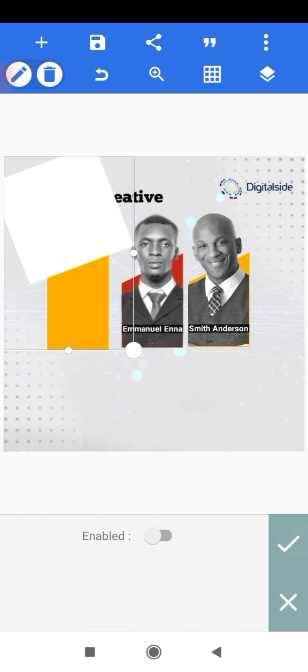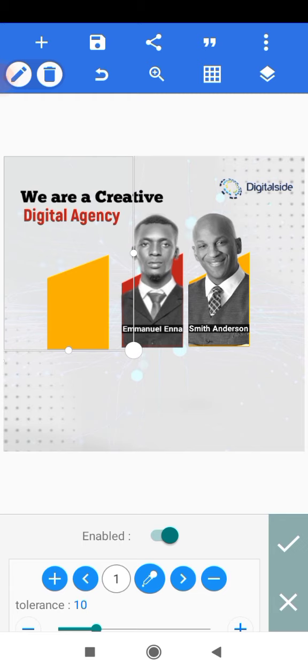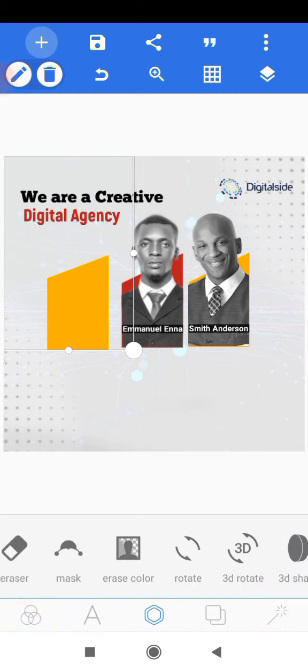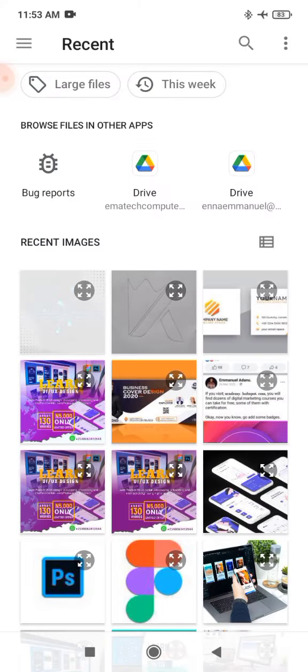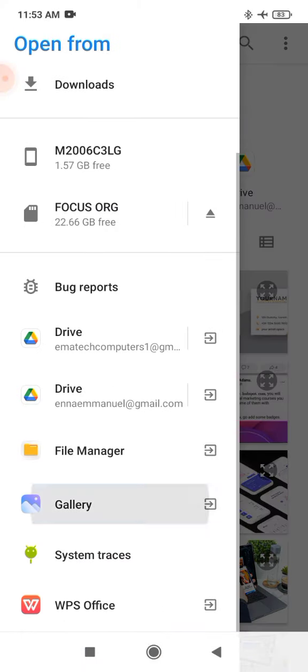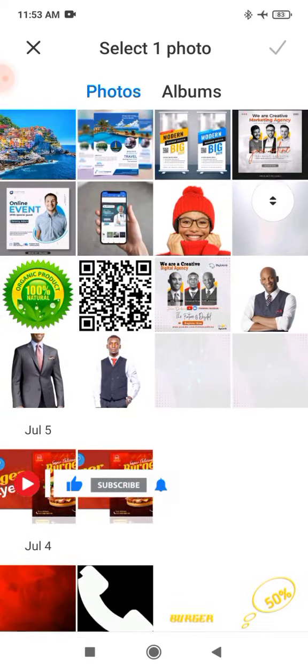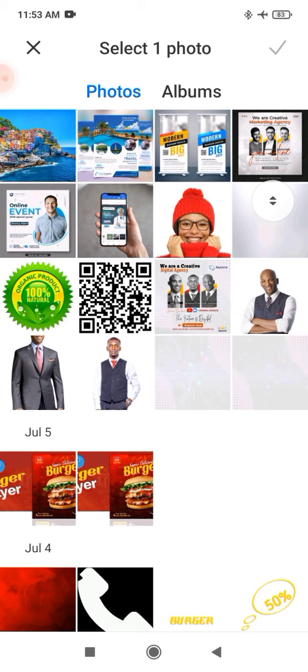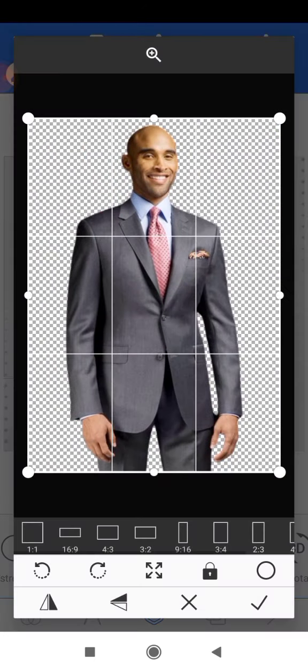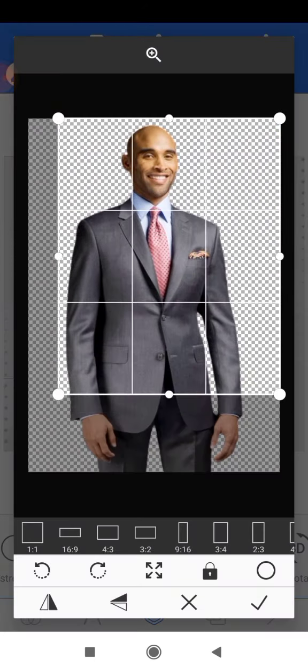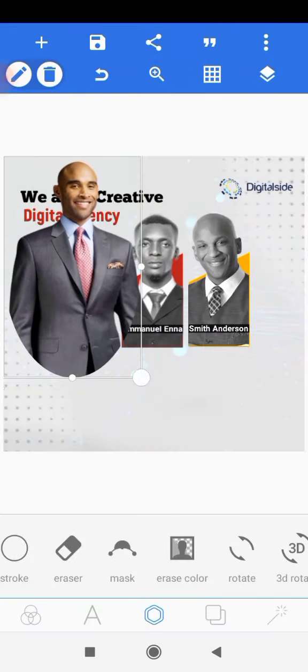We have erase color, and we'll enable it, and the white color is gone, and we have that effect over here, and we'll click OK. So the next thing we want to do is to bring in our subject. So we'll head on to the plus icon, and from gallery, and then we'll locate our subject and we'll bring it onto our design. So we'll locate our subject and we have it over here,